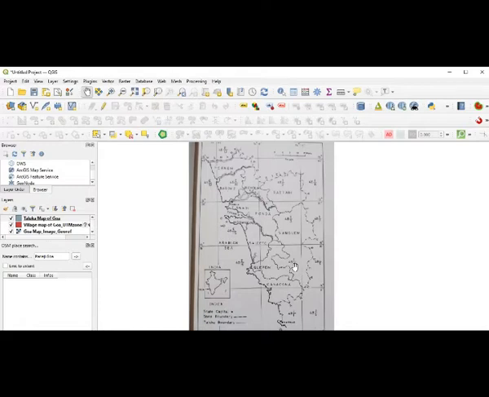The only thing you can do is trace this map, and tracing is as good as digitizing, as we say in QGIS language. In ordinary lab exercises, whenever we use the tracing table, we keep the hard map, and on the hard map we keep the tracing paper and trace it, or even a blank sheet we can keep and trace it.